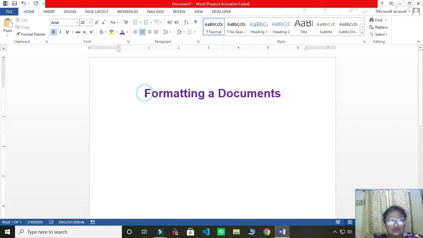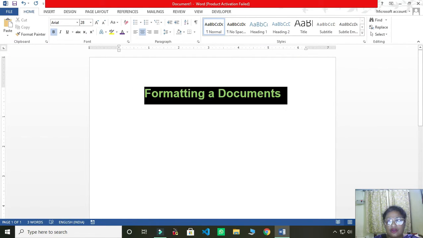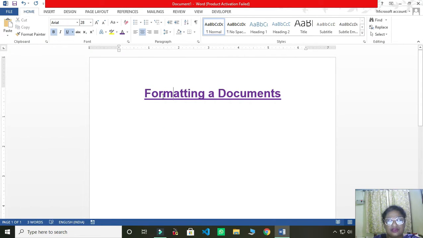Now if you want to underline your text, simply select the text wherever you want to underline. It places a line under it. So simply you go to Home tab, font group, and just click on this U button, and you will see all the words which you have selected are underlined.